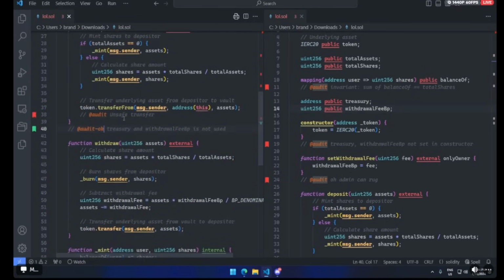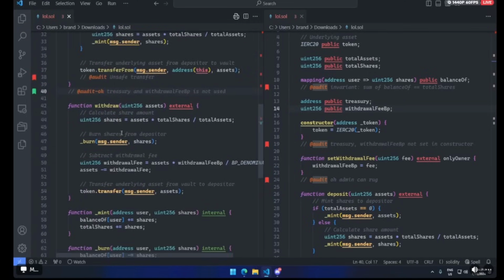So this is basically what I do for every function. The withdrawal function also, and yeah,